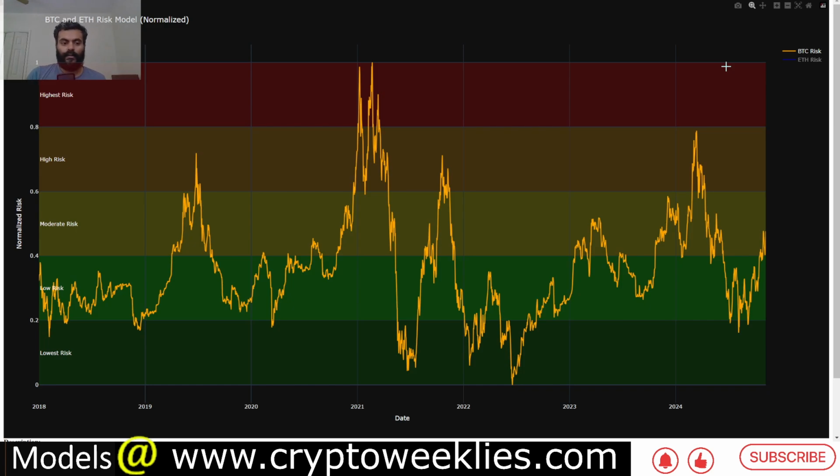The way to interpret this chart is whenever the prices are in this low risk territory, DCAing into the market makes the most sense, whereas when the prices are in the orange or red territory, DCAing out of the market makes the most sense.